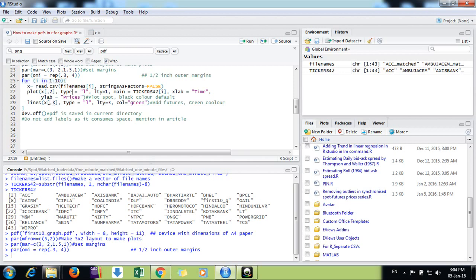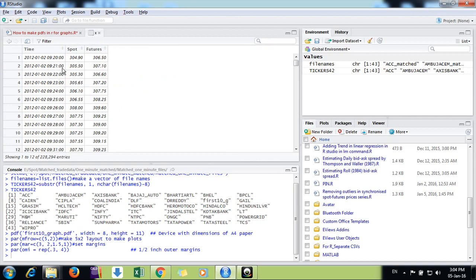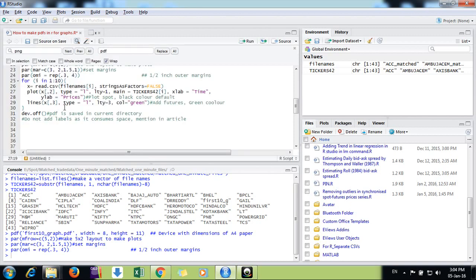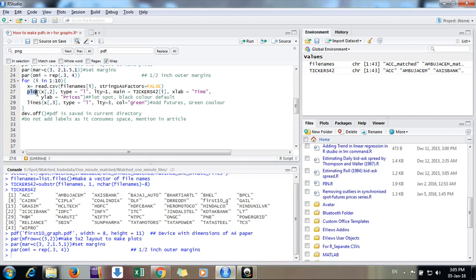So in my file I can see here we have spot and futures. Spot is the second column, futures is the third column. So for the second column one line, for the third column one line, by using the lines function. So I'm using two functions: plot for plotting, lines for adding one more line to this plot. These are simple functions, so I'm using a for loop and just run it.